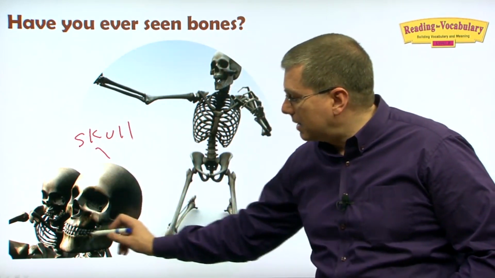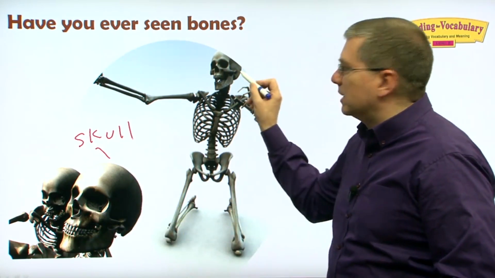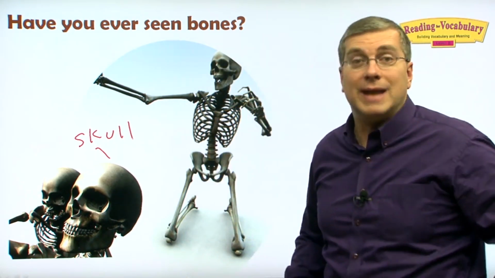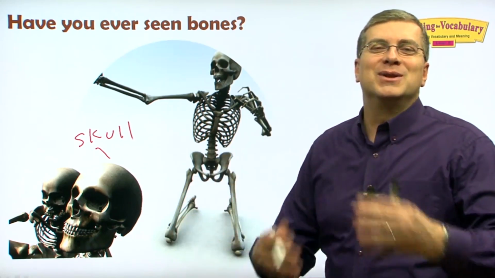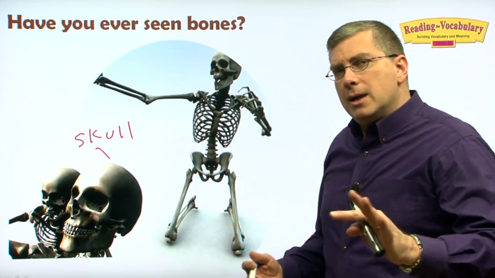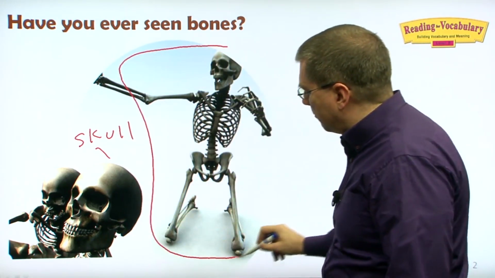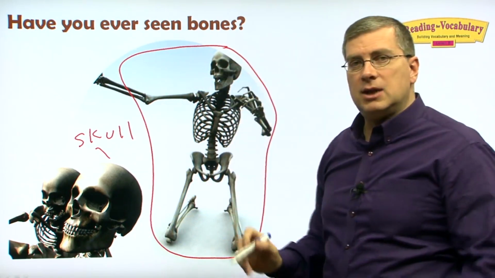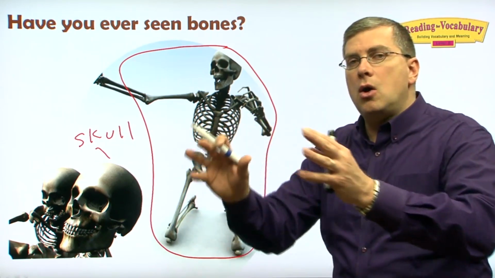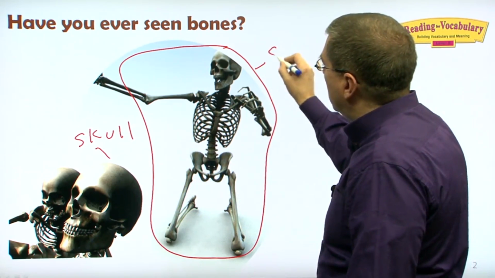One big bone, and then there's other bones that are connected. There's all different bones. So your head bone's connected to your backbone, connected to your leg bone. We've got all different bones in different parts of our body. By the way, do you know what the entire collection of bones is called? Not just for humans, but for animals too. If all the bones are connected, we call that a